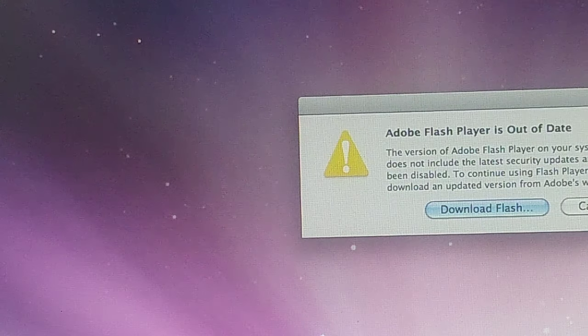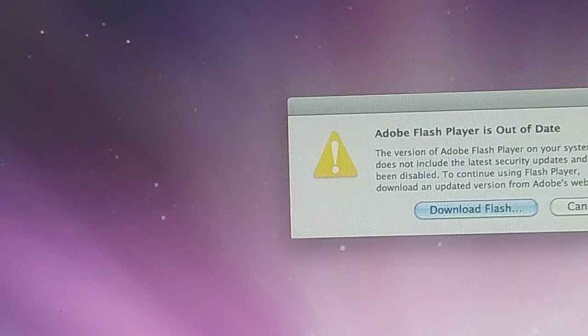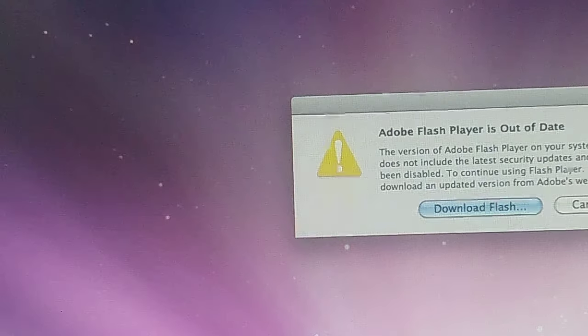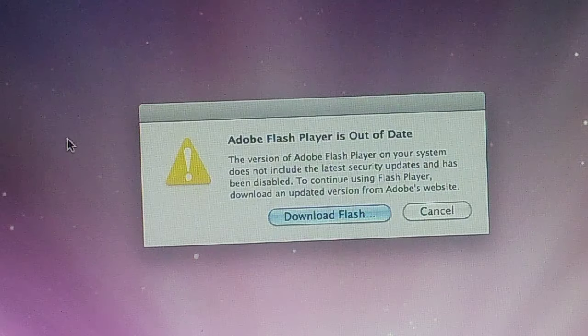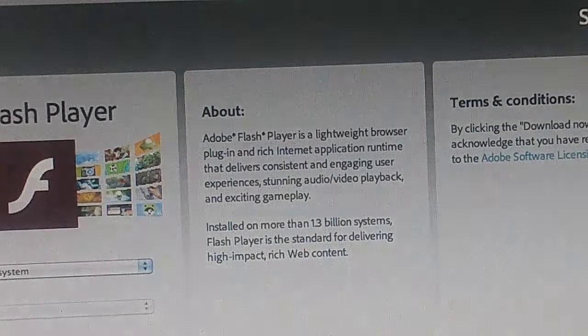So go ahead and download Flash. So it has installed